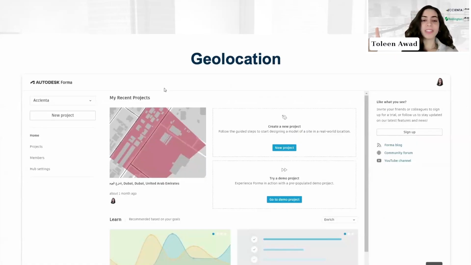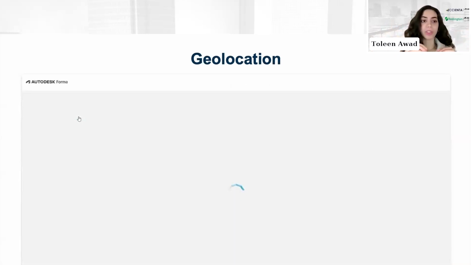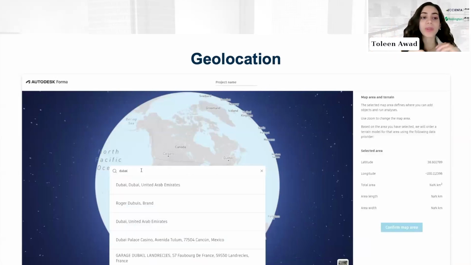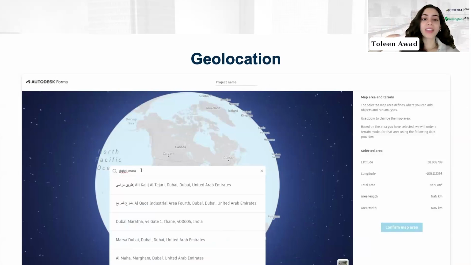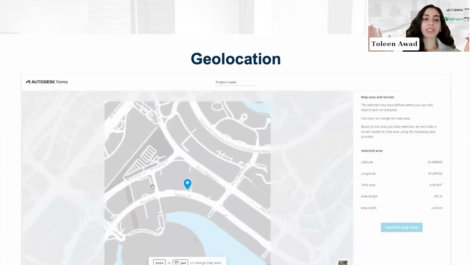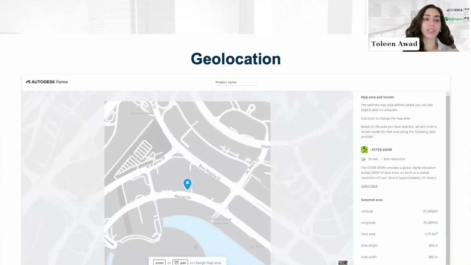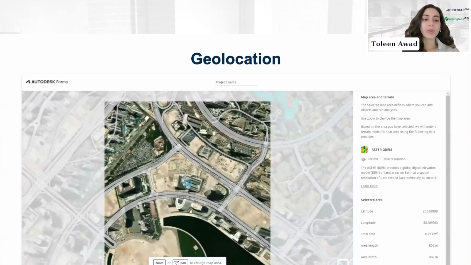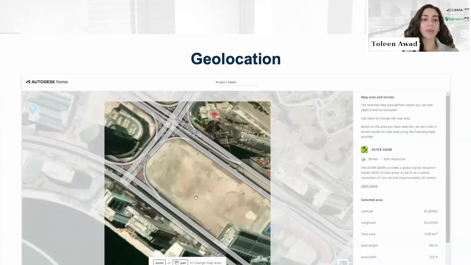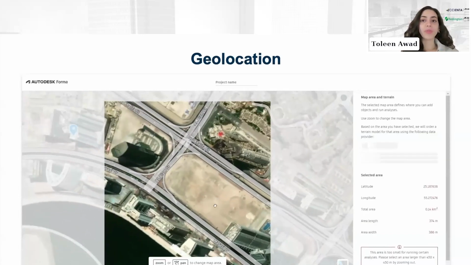We talked about Forma. Let me show you just a little bit in Forma itself. In Forma, you can choose the geolocation of your project. You can go around and type in the address. This will give you all of the climate information, everything that has to do with the analysis. We get it from the geolocation. So here I'm just typing a location in Dubai where our project will be, just to show you how we can choose the exact location. So if we move forward,